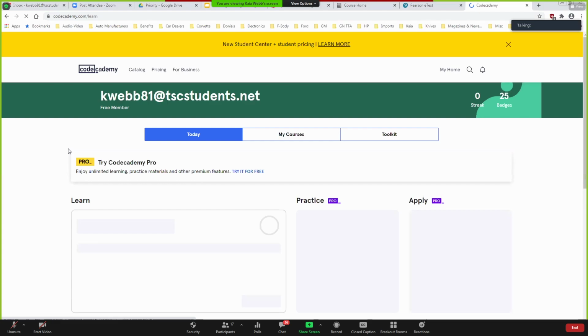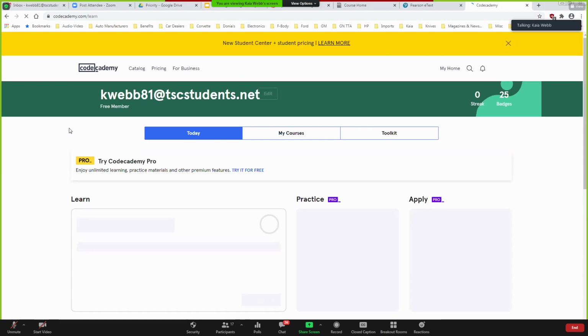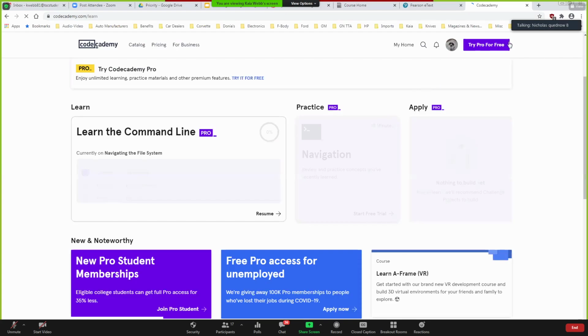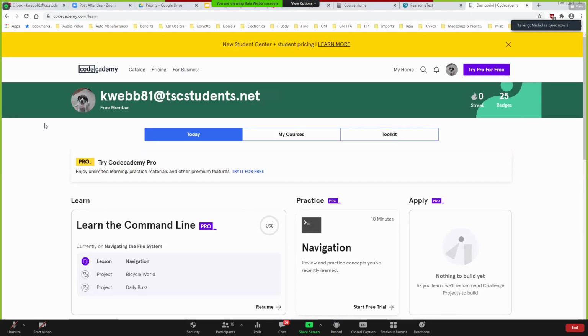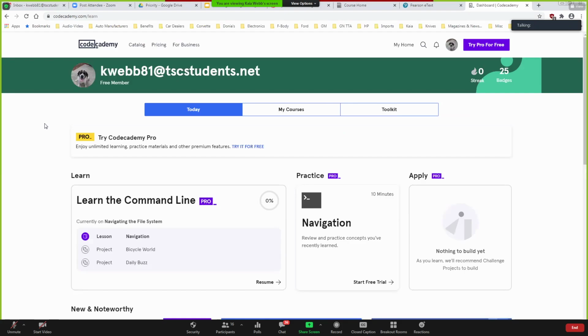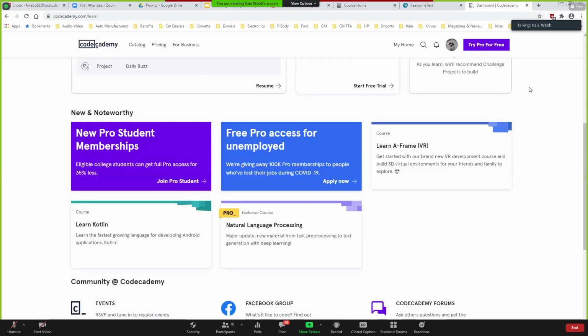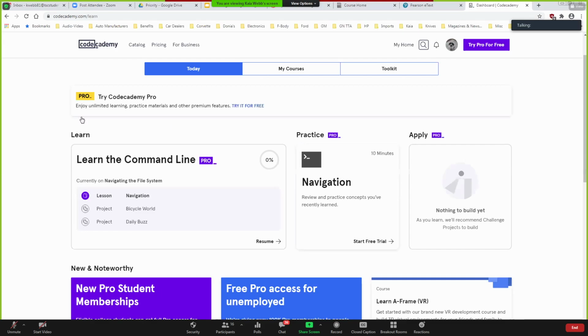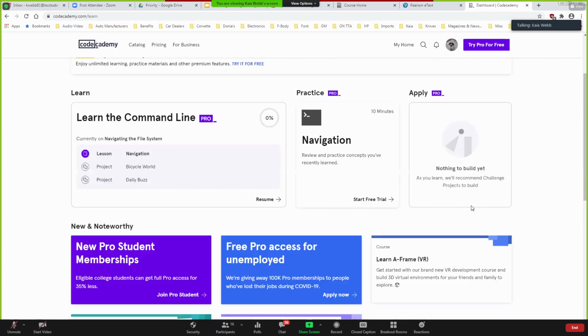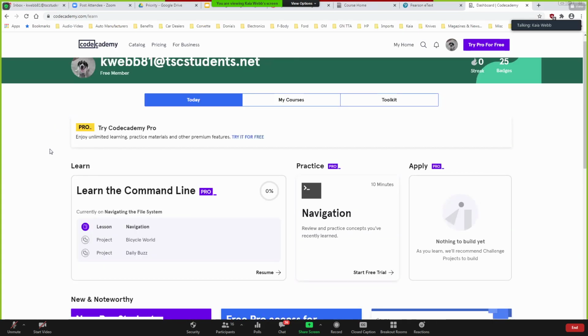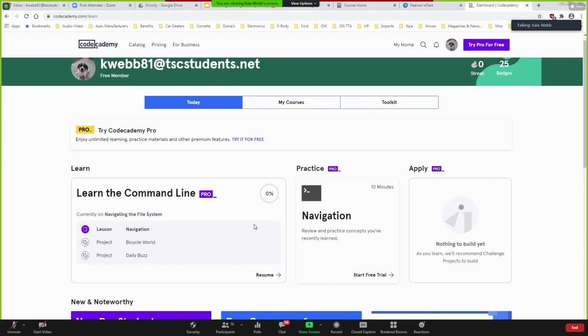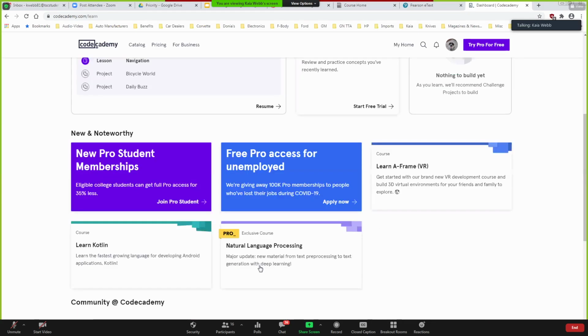There. So you'll probably be taken to a screen something like this. You can scroll all the way down to find it as well, Kaya. Yes, at the bottom there's a little thing called Java, where you can type Java in the search bar. So I already have some stuff in here. But yeah, if you just scroll down and click on Java,